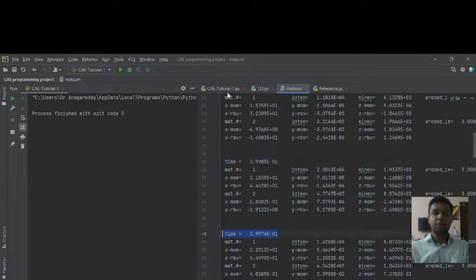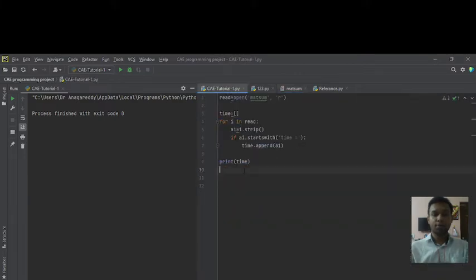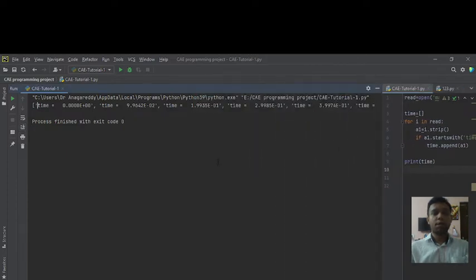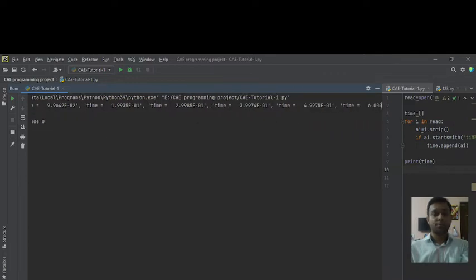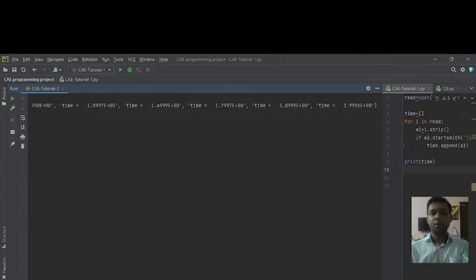So I will first collect this data as output. You can see the output here, that is time in a list format, starting from 0 to almost 1.9 milliseconds.